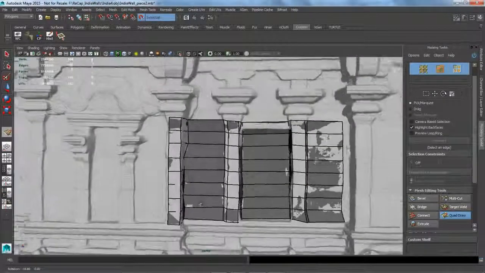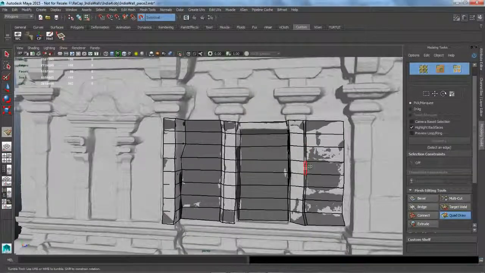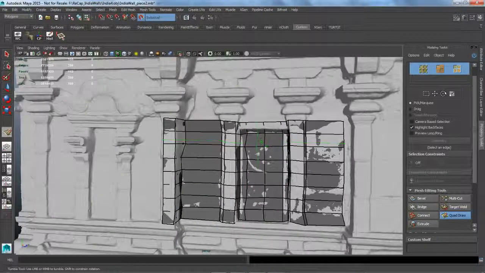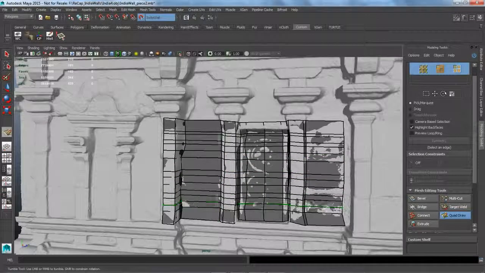There we go. But now I have the basics of it. If I want the details, I just start going in and adding in edge loops. And I can start to add in maybe a few of these edge loops in here. And the nice thing about working with this, I don't need to worry about the placement of any of this in here,